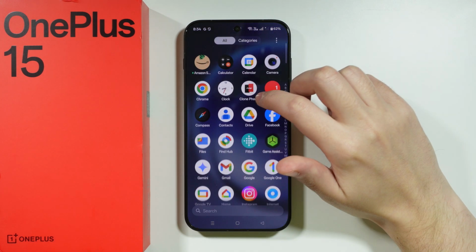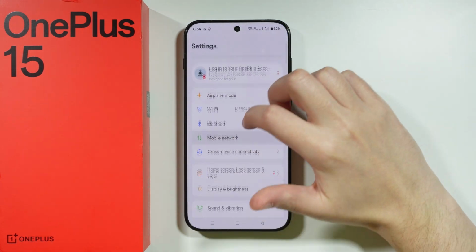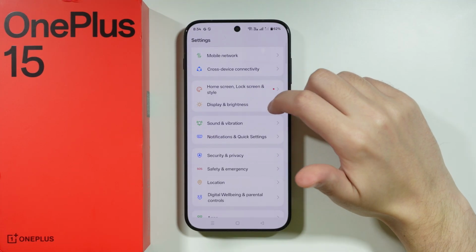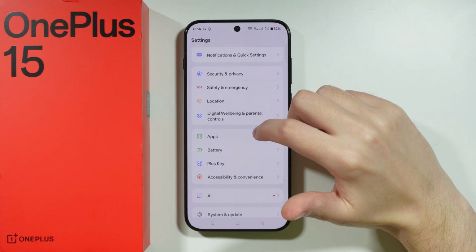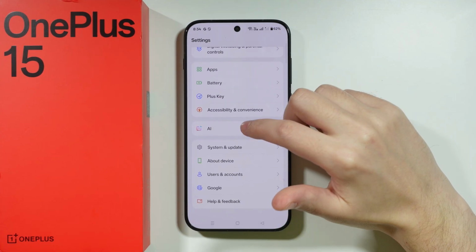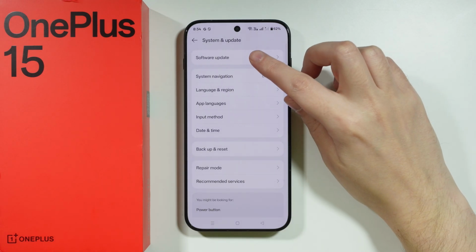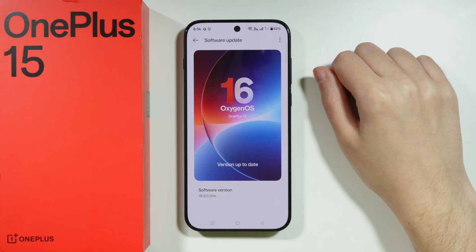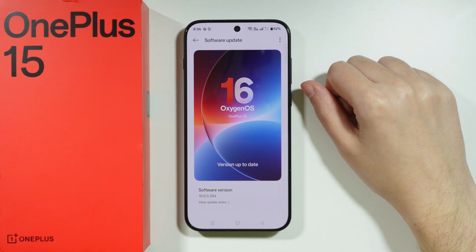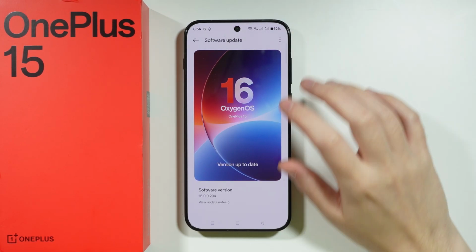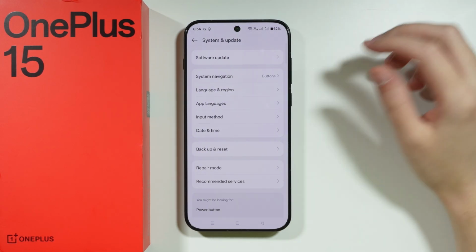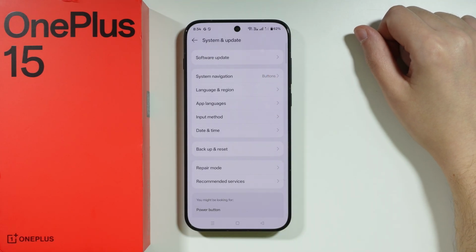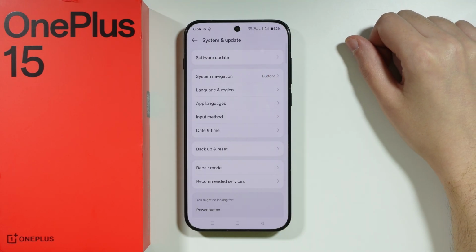Now, besides that, what we're gonna do is we're gonna go to settings, and of course over here in settings we have lots of different things that we can do anyway. So the first thing is of course system and update. We want to go over here, we want to check if there is any new software update waiting for us. And in this case my version is actually up to date, but in your case of course there might be an update that you might need to download. So of course we can go through that over there